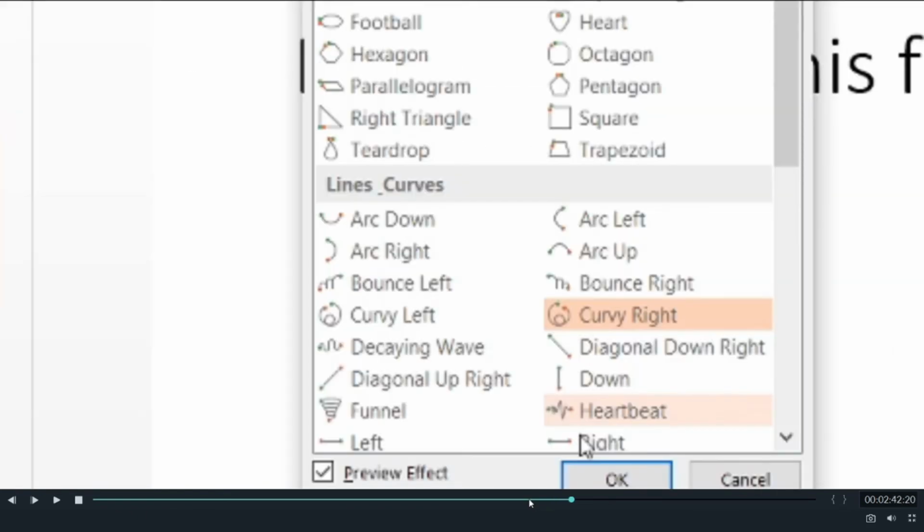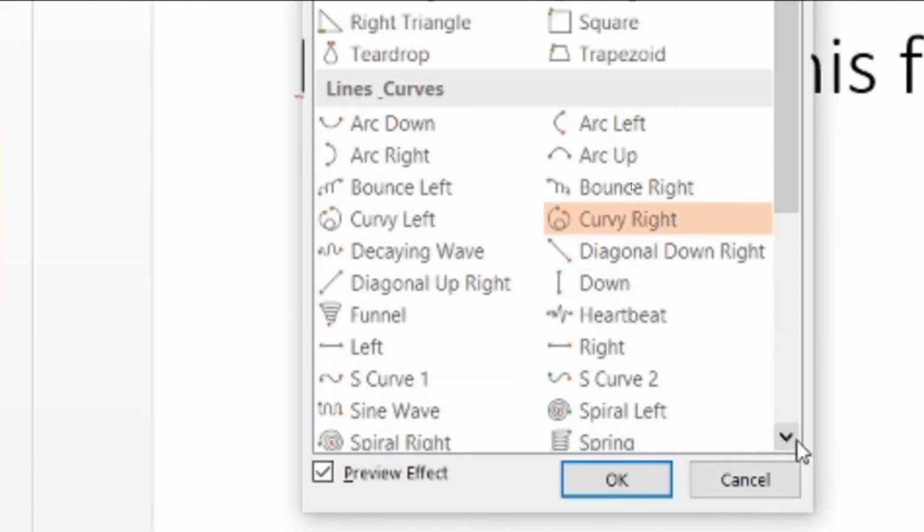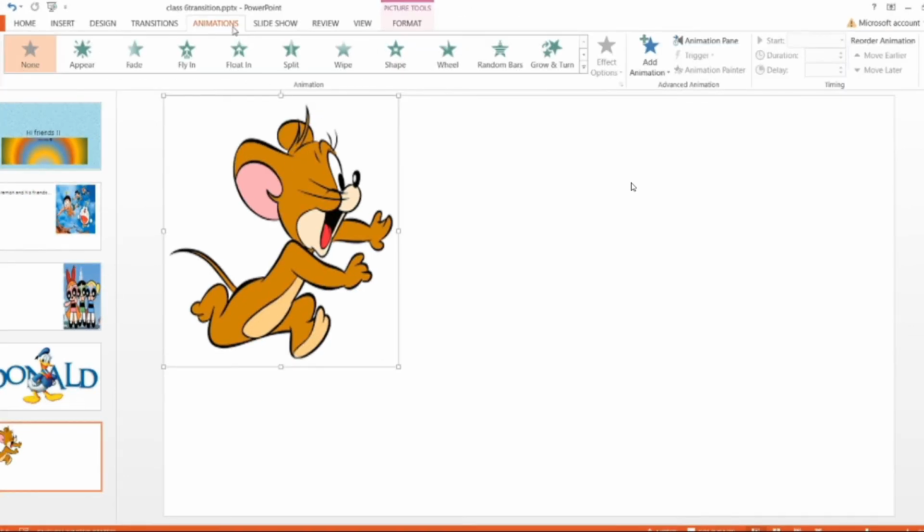Now same way I will apply it. You can see on the screen when you click on motion path, so many motion effects it will give you, with curve lines, with polygons also on top. See, just above the curve lines you have motions of polygon shapes, so you can select any one. Same way you have spiral also, spring is also interesting. So like this I have selected motion effects for a few of my slides.